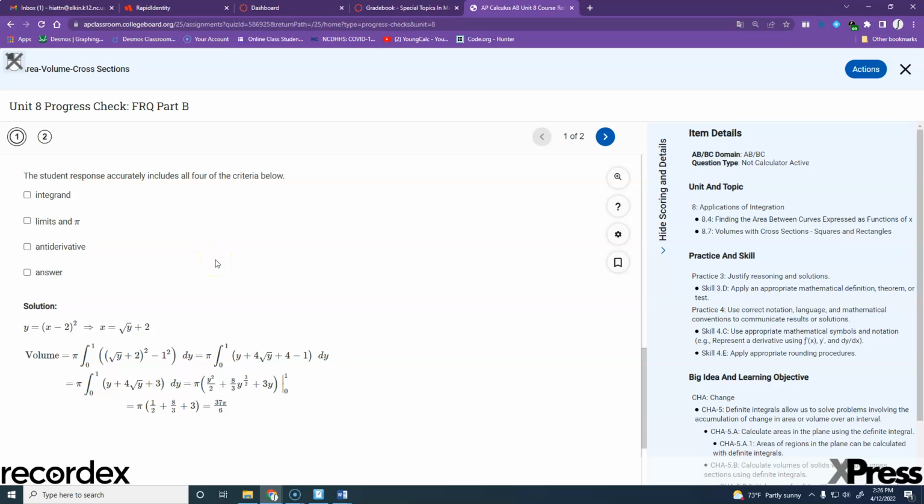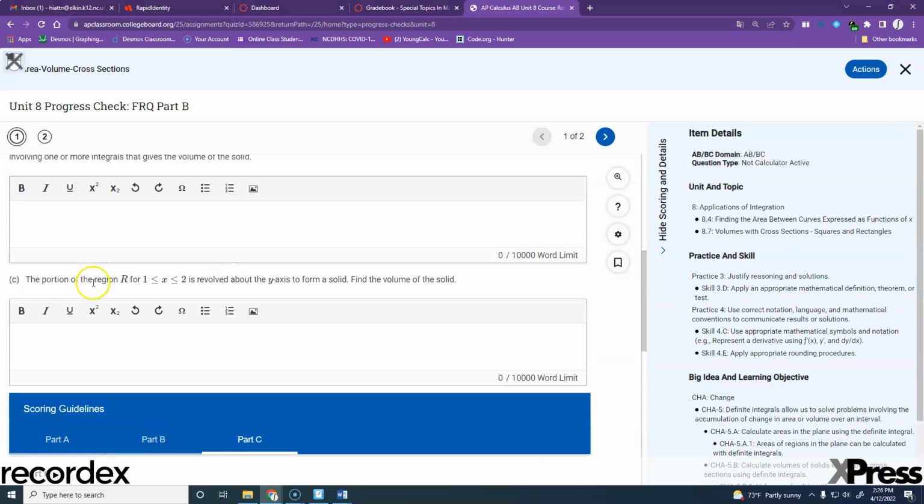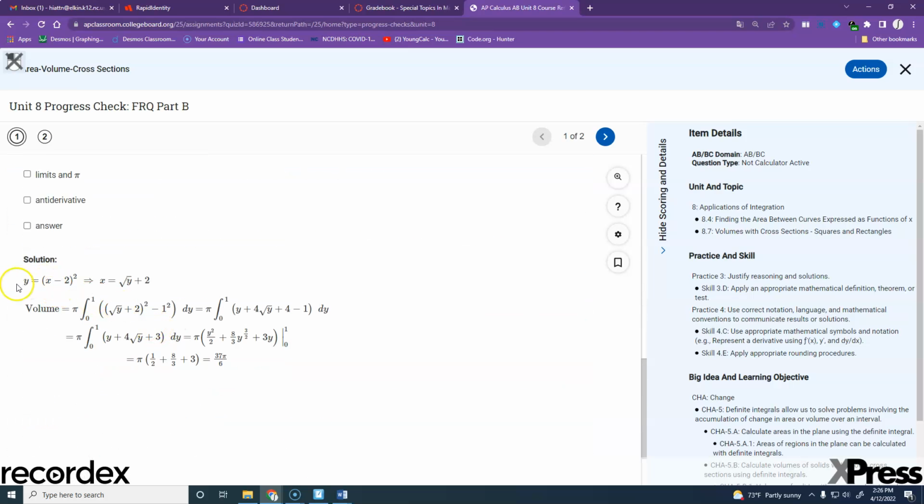All right. Okay. For C, it wants region R only from 1 to 2 revolved around the x-axis. Sorry, y-axis. So we're supposed to find the volume. So first of all, everything needs to be in terms of y. You only need to be using x minus 2 squared because you're only looking from 1 to 2 on the x-axis. So you should have pi times the integral from 0 to 1 of